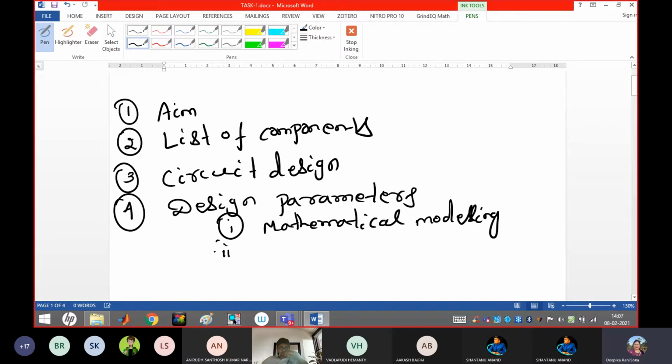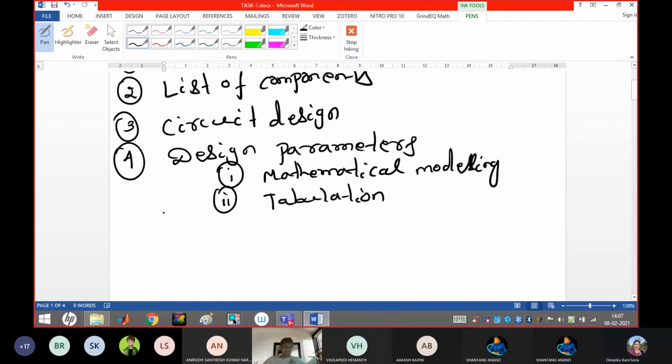Okay, second one. In this mathematical modeling, you have to do the calculation. If you want, you may write those things in the braces also. Okay. So next one. And here tabulation and observation also.